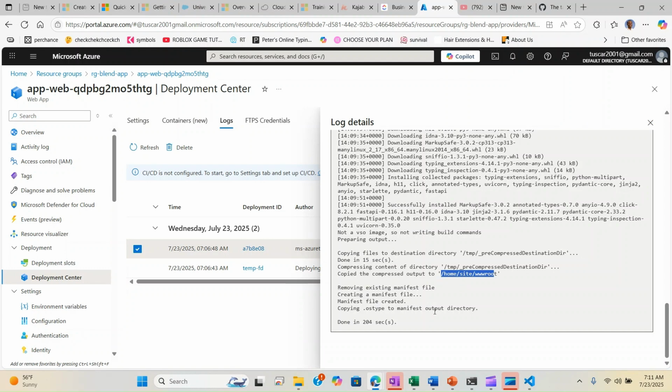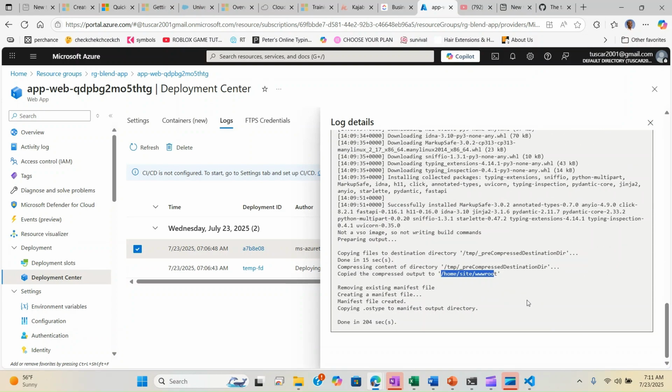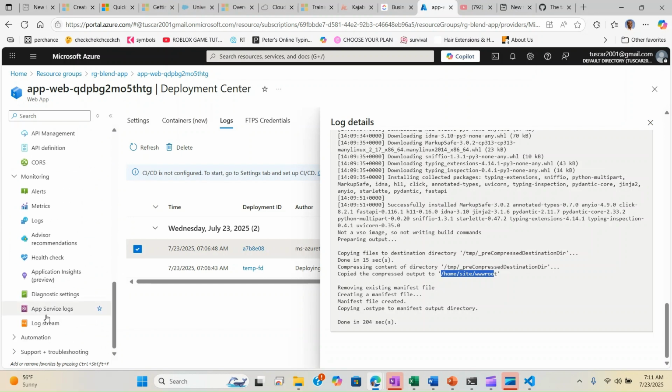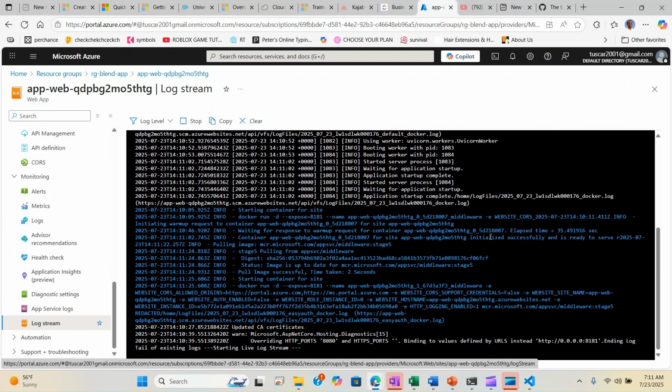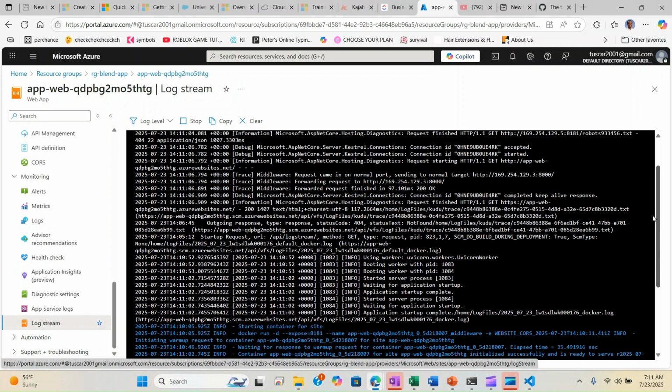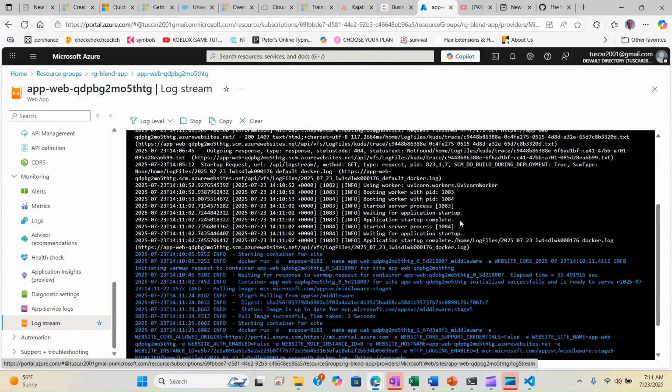We are going to wait a few more minutes and see our deployments live happening. In the meantime, you could have also looked at the log stream. The log streams sometimes takes time, but I'm lucky enough to see that there's been some progress here. So let's see. It sounds like the application has started, and